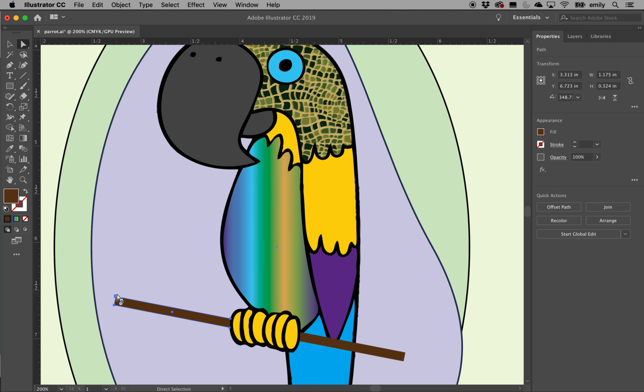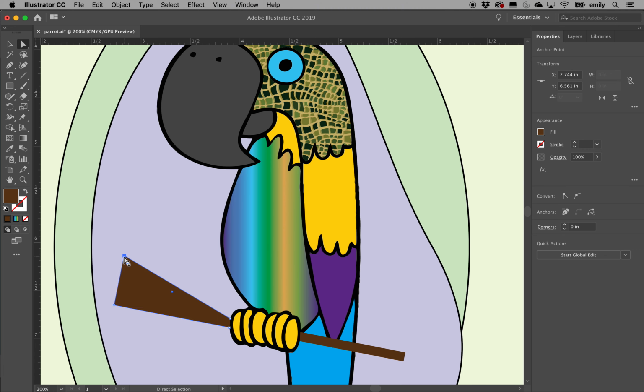This little stick, I could change the end of this. Oops, I didn't mean to move it. If all four anchor points here are blue, it moves the whole thing. But if I click on one and get the rest of them to be white, I can actually change the ends of it that way if I want to. Now it kind of looks like he's flying on a little broom or something. So keep playing around with that kind of stuff.